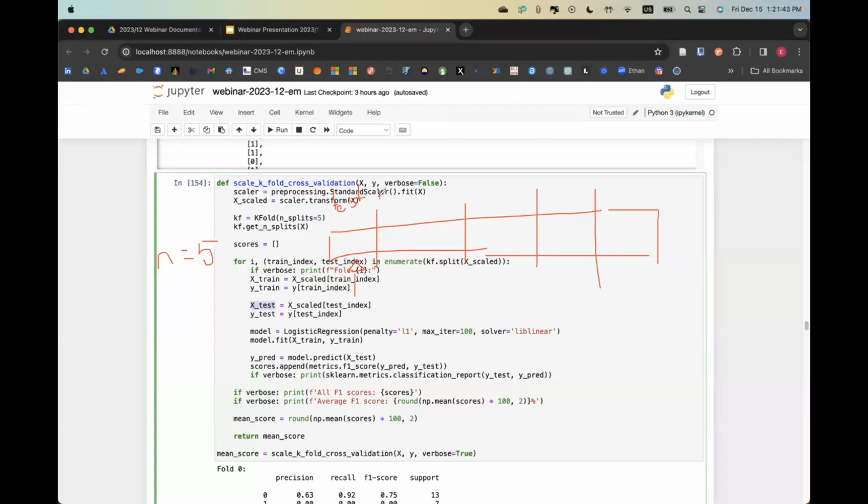And then we train on the other 4/5 of the data set. And then in the next round, we would change which section is the testing set. So then maybe the testing set is this second segment, and then the training set is this first segment with these 3 segments. And you're just shuffling what is used for training and testing, and then averaging the results in the end.